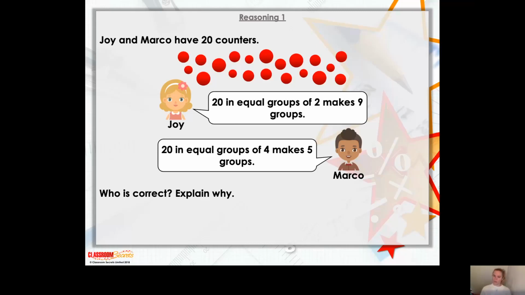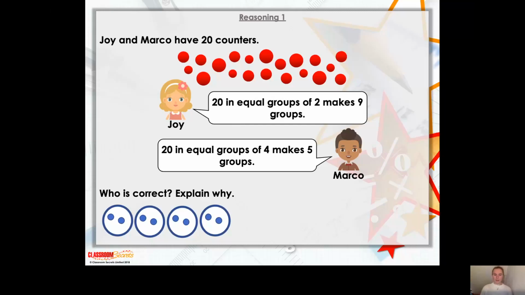We're going to do the first part of Joy's together and then I'm going to leave you to try the rest yourself. So here we go. That's our first group of 2. Now we need 20 counters, but we've only got 2 so far. So let's add another 2, and that will give us 4. Another 2, 6. Another 2, 8. Another 2, 10. Another 2, 12. Okay, so we have got so far 6 groups of 2, and in total we have 12 counters, but we